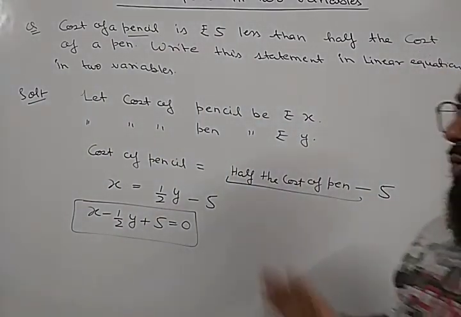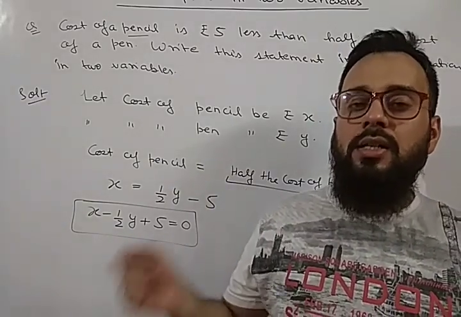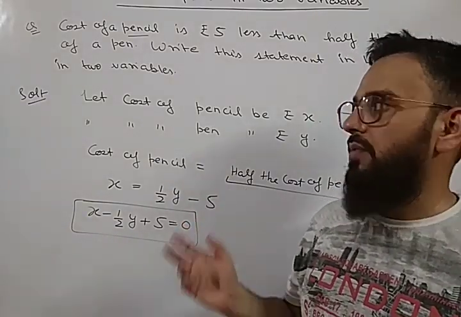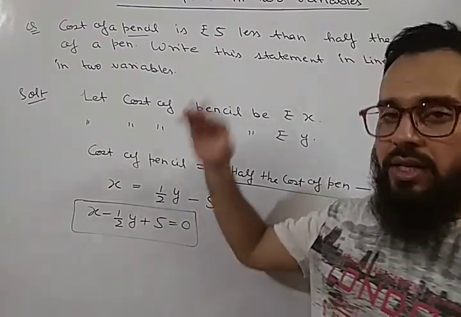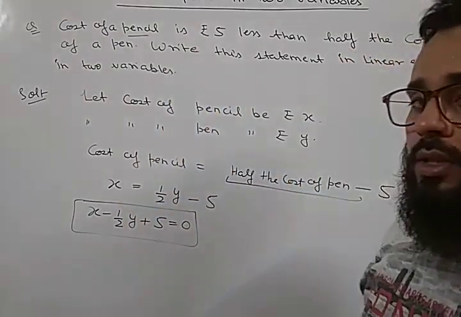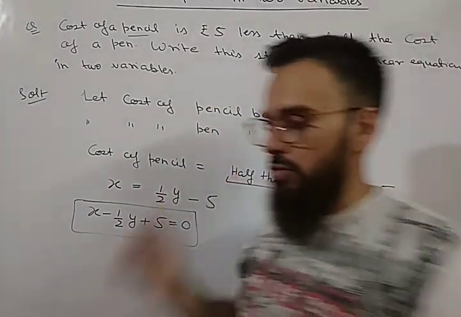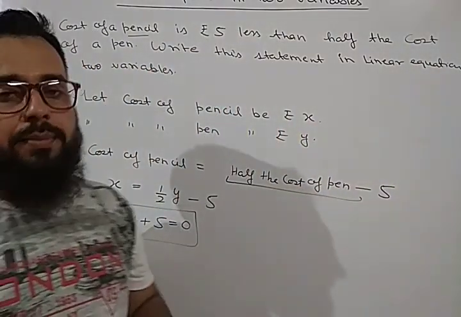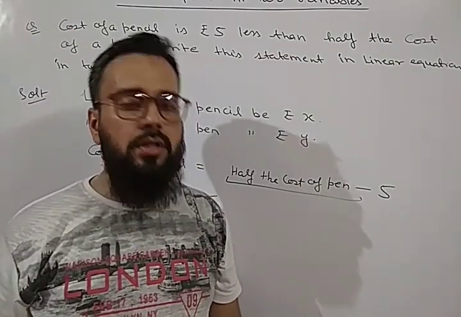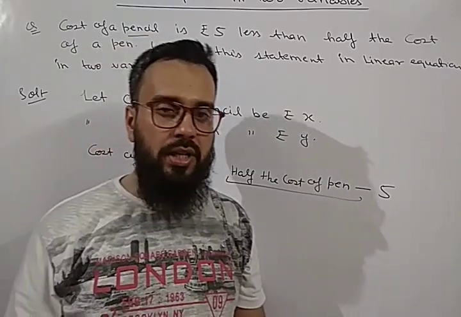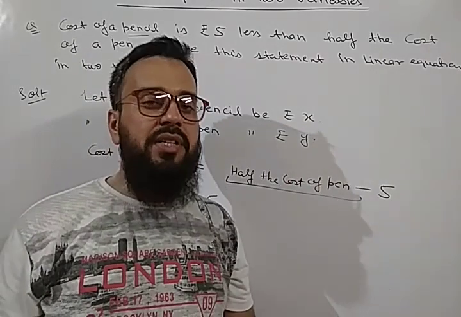So today we have discussed what is the general form of linear equation in two variables, how to convert any given equation into the general form of linear equation in two variables. Whenever we have given two variables, or we may be given with one variable, we can convert it in the general form. Then we have discussed about forming the linear equation in two variables from the word problem. Okay, now you will solve the questions based on all these concepts. Now from the next video, we are going to start with the solution of linear equation in two variables, and then we will discuss the graph of linear equation in two variables. Before that, you will practice the questions based on these concepts which we have discussed today.